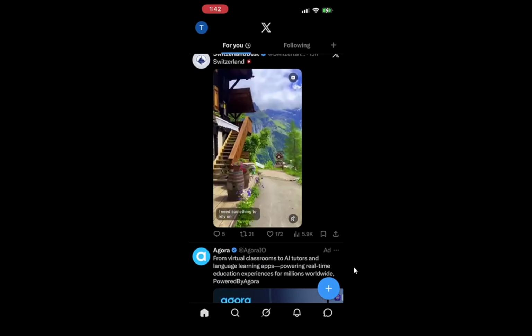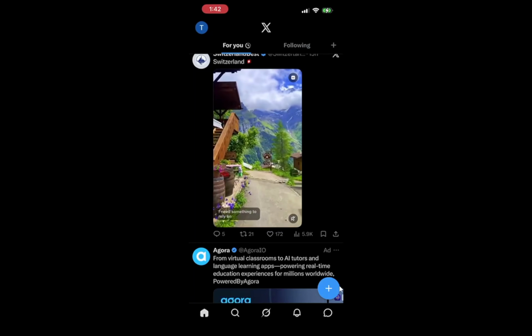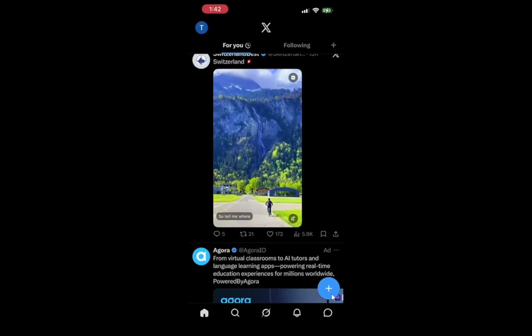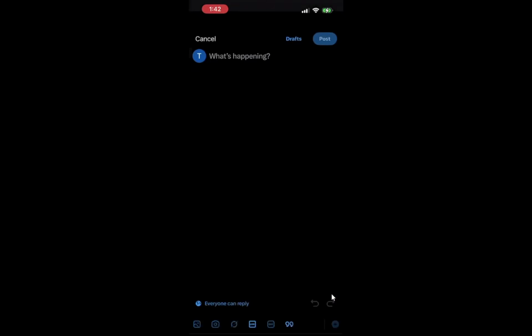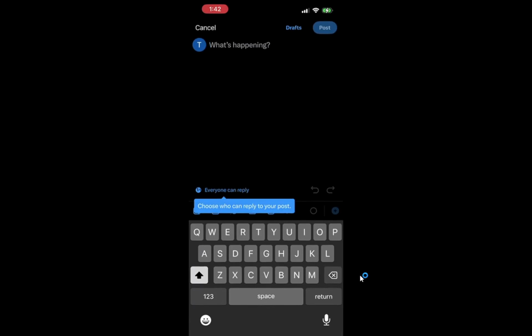Next, look for the post button or compose icon, typically represented by a quill or plus sign. Tapping this will open the post composer, a space where you can create your content. The composer is where the magic happens. You will see a blank area where you can type or paste text. This step is vital because it is where you begin turning your thoughts into an actual post. After tapping the icon, you'll be greeted with a blank canvas ready for your creativity.